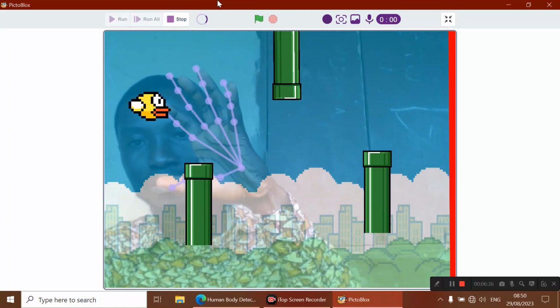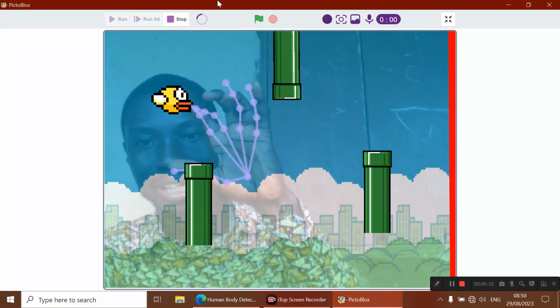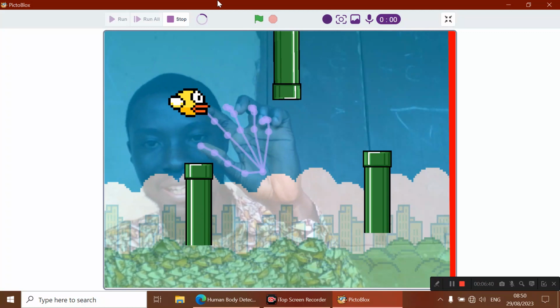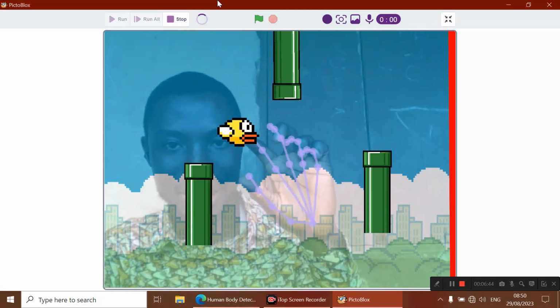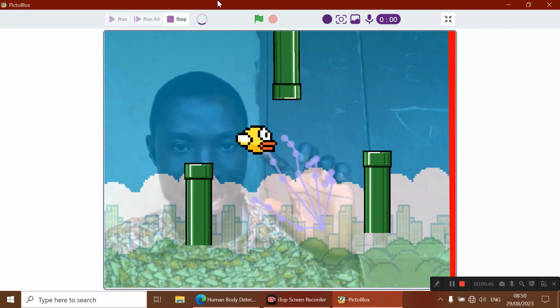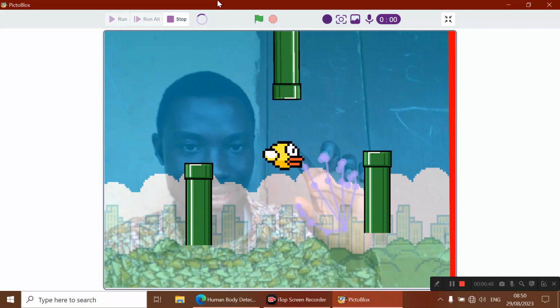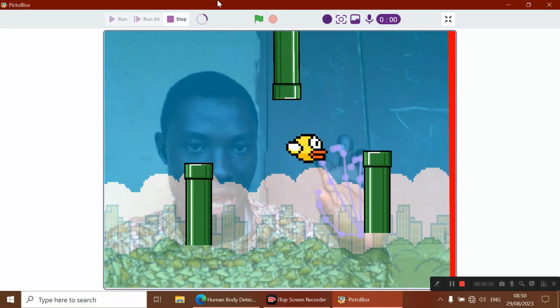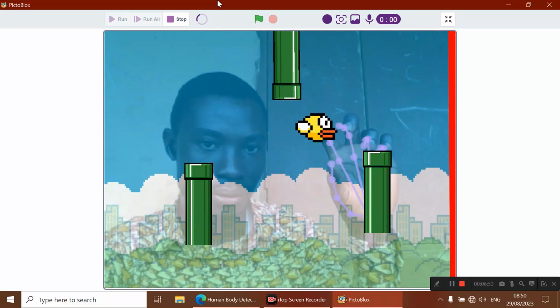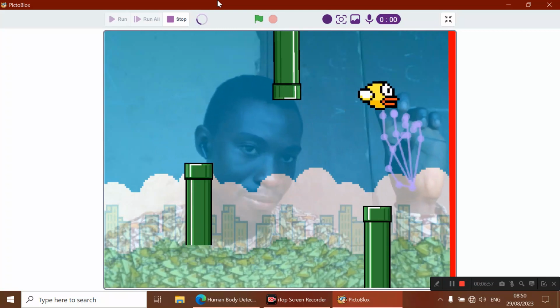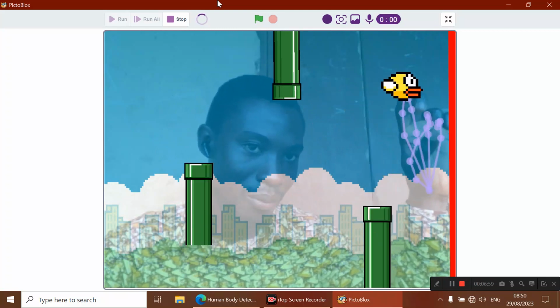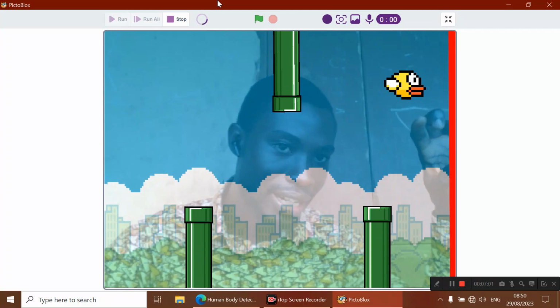So I'm going to move this particular Flappy Bird in between the pipes carefully, not touching the pipes, because when I touch the pipe, then it is game over for me. I will be busted. So I have to meticulously move the Flappy Bird quickly towards the red line, and as I do that,